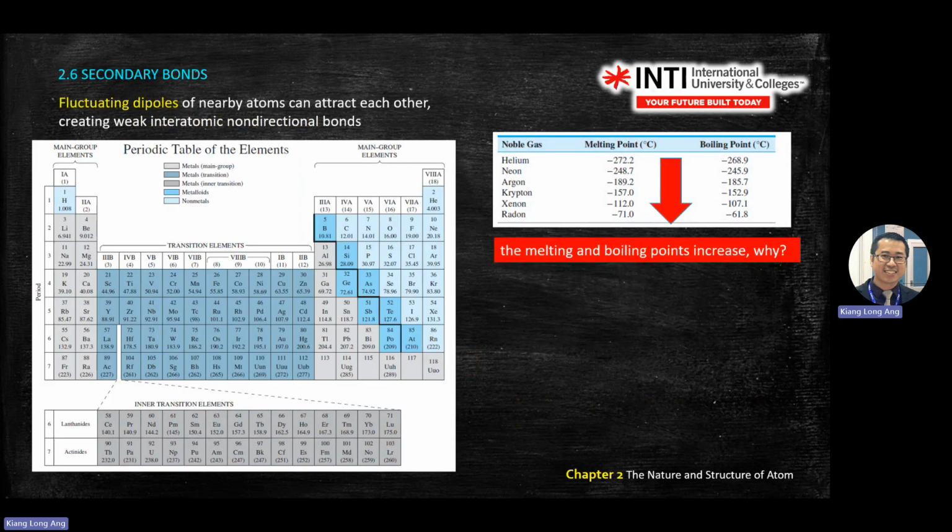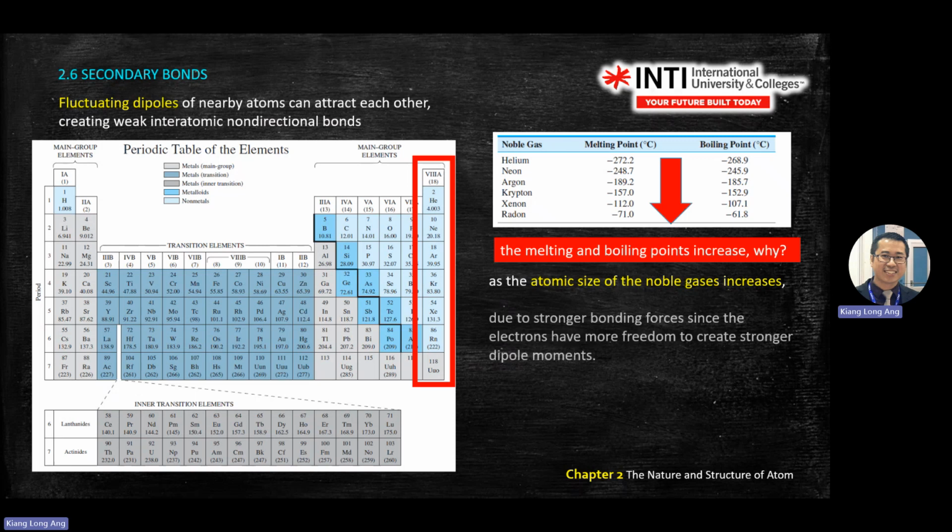If you look at the periodic table again, referring to helium, neon, argon, krypton, this row, as you move down the atomic size increases, giving a stronger bond force, since electrons have more freedom to create a stronger dipole moment. Why? The dipole moment equation is Q multiplied by D. So if the D is large,